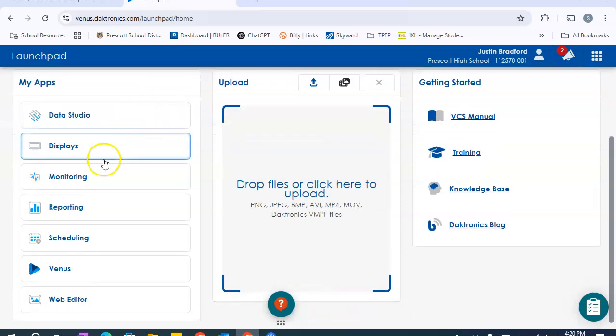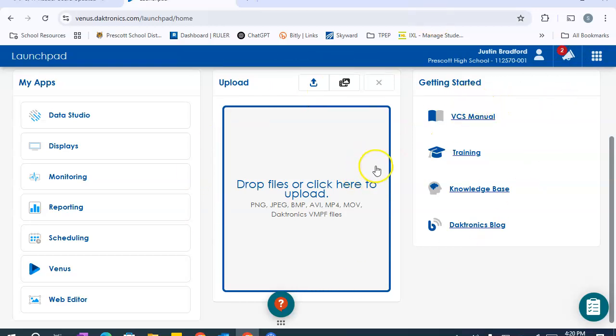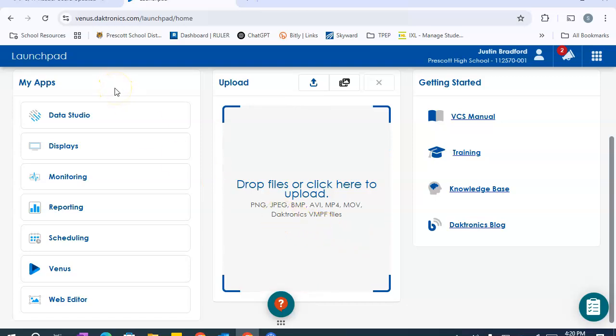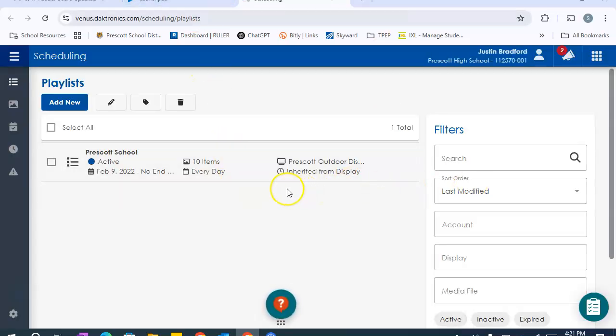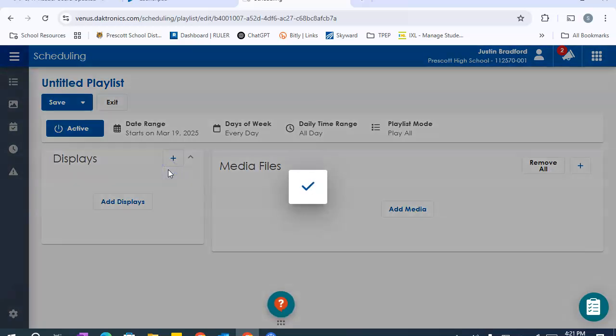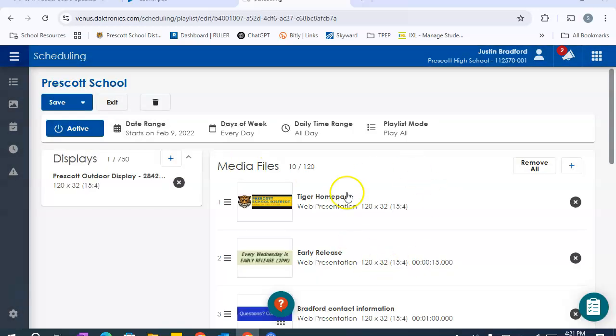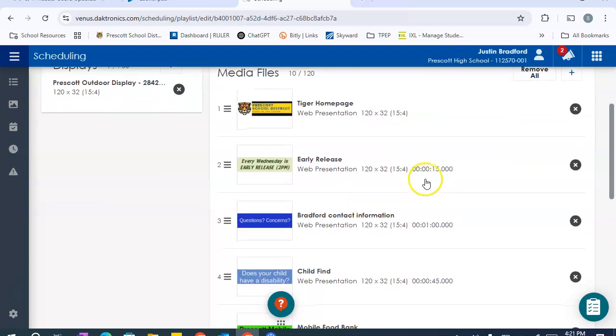And you can go ahead and play around, get familiar with all the little things that are provided within this Daktronics system. But for the sole purpose of having to update the reader board, you would go down to Schedule. In here, you would select this one. And once you do, this will all appear, and this is exactly what are the media files that are showing